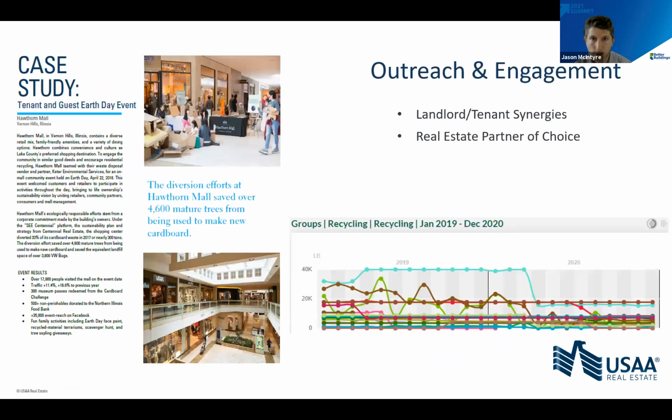Excellent. So as it relates to outreach and engagement, really our client is our tenants and our residents in our buildings. And so the way we engage with them around waste is certainly collaborative. We want to understand what their waste needs and demands are. And I put here, landlord-tenant synergies. As a landlord and owner, we're